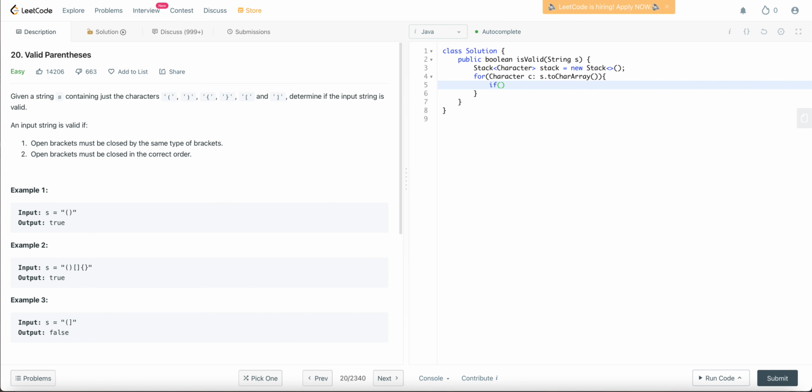If C is equal to, remember, notice I'm using a single quotation for a character. If it's an opening parenthesis, I'm going to stack dot push a closing parenthesis, right? Sorry, here should be opening parenthesis, and then else